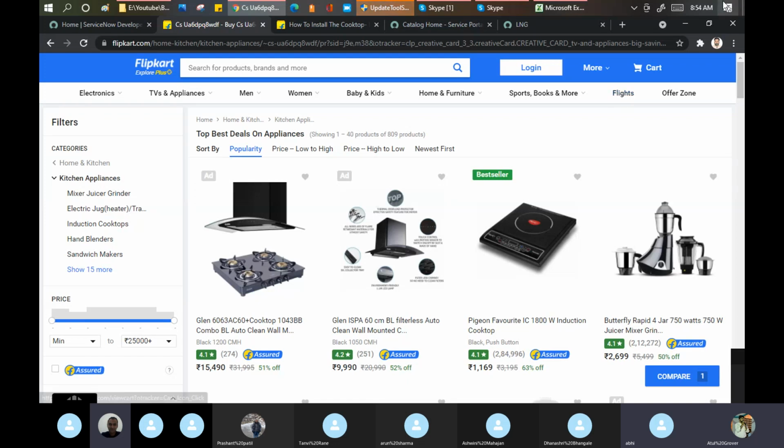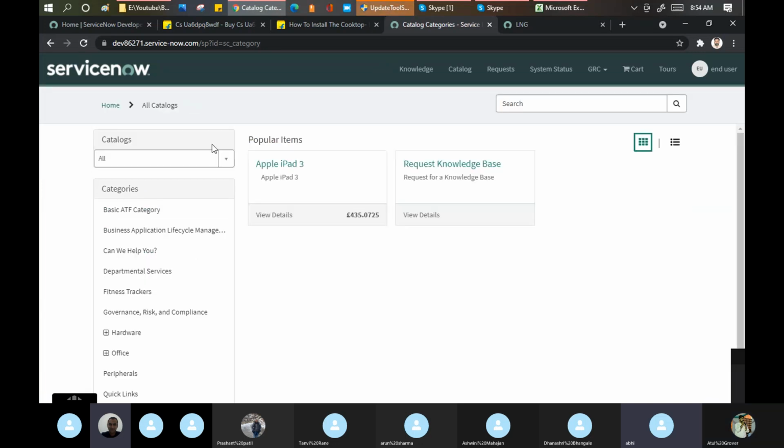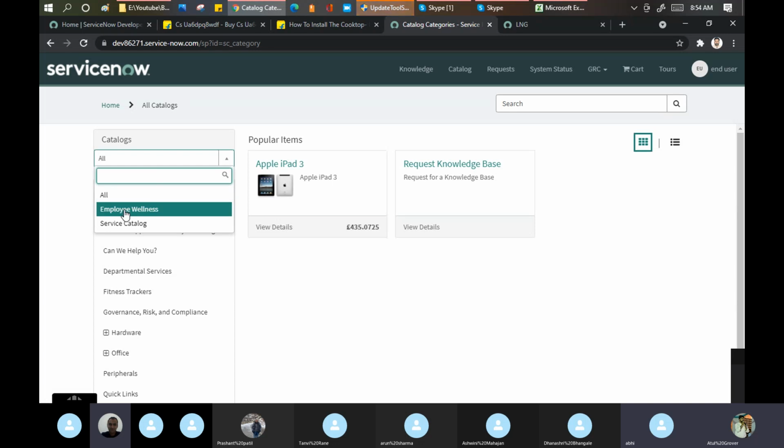In this case, if you go here, as of now I have only one catalog. If I click on browse by categories, see, these are the catalogs here. I have only two catalogs, employee wellness and service catalog. Tomorrow, when we do the configuration, we will create one new catalog as well.